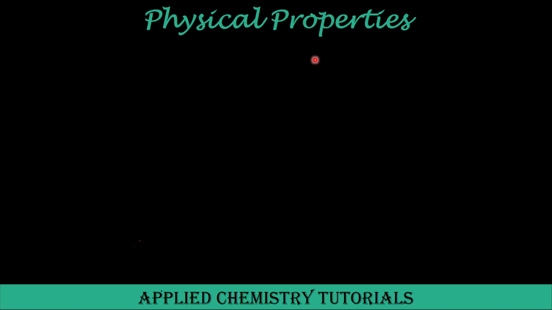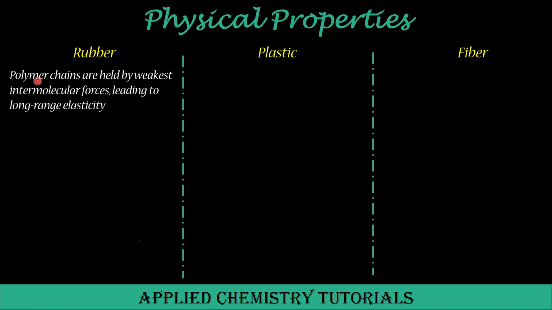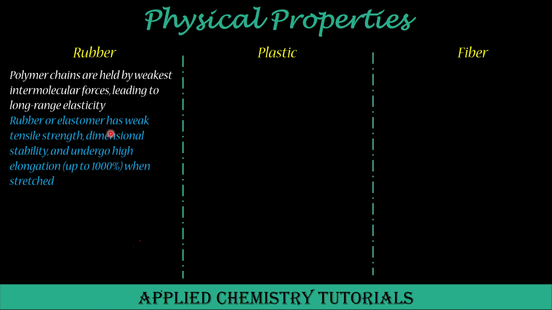Based on physical properties, polymer can be subdivided into rubber, plastic and fiber. Molecular cohesion is the main factor which is controlling the physical properties of these three different types of polymers. For rubber, polymer chains are held by weakest intermolecular forces leading to long-range elasticity. Rubber or elastomers has weak tensile strength, dimensional stability and undergo high elongation up to 1000% of its original length